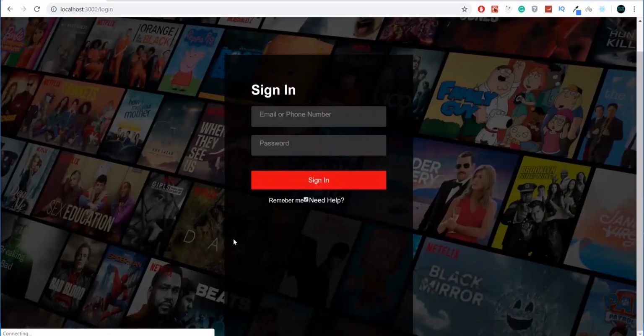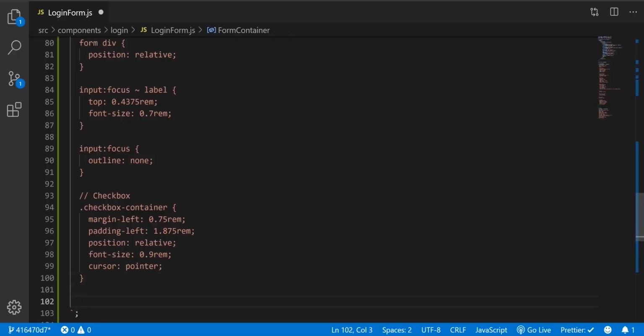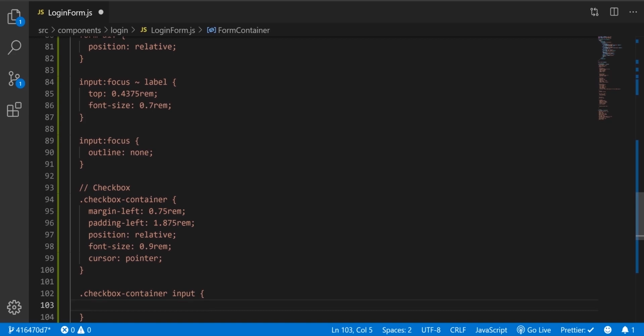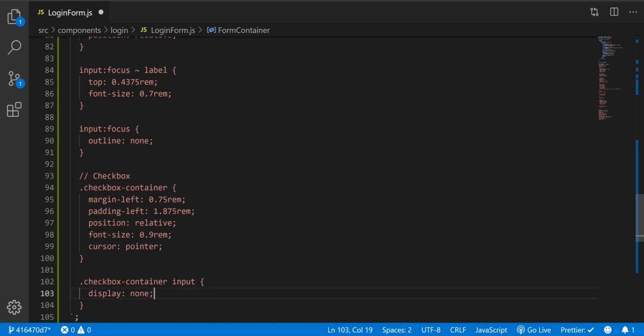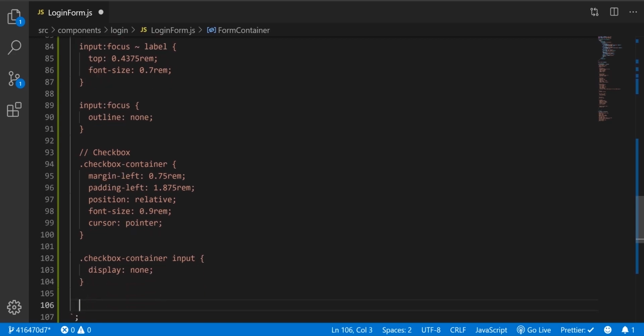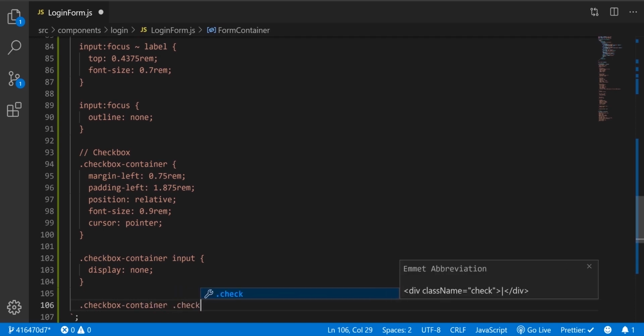Alright, let's see. Okay, down here let's do checkbox container input. We're gonna say display none. Alright, and down here again checkbox container. We're gonna use check mark class